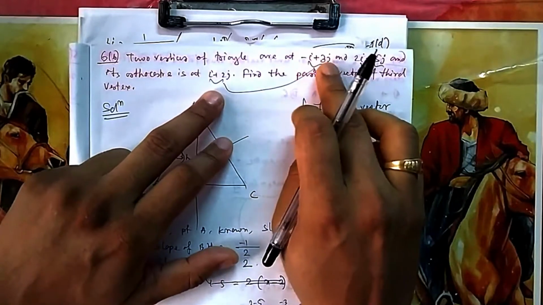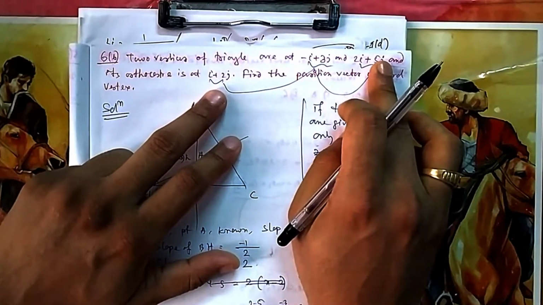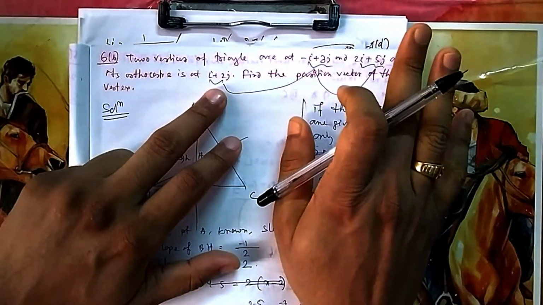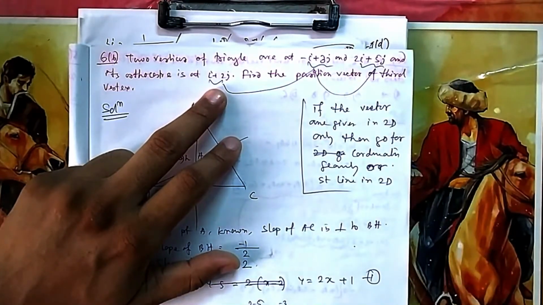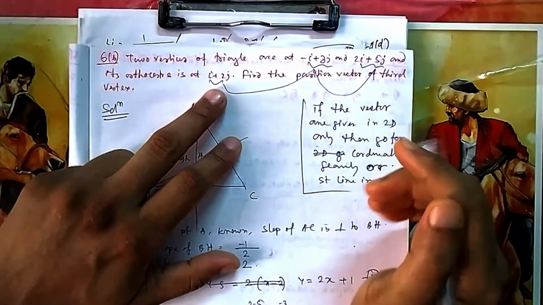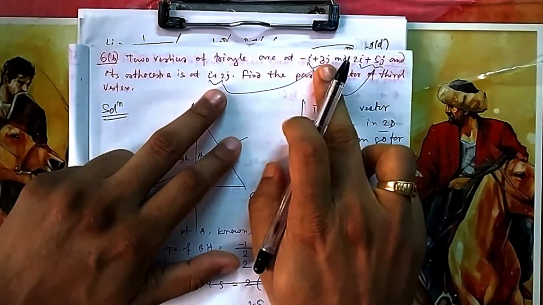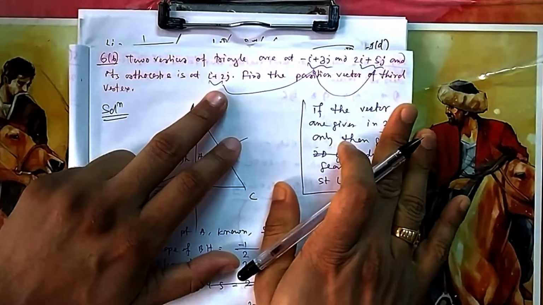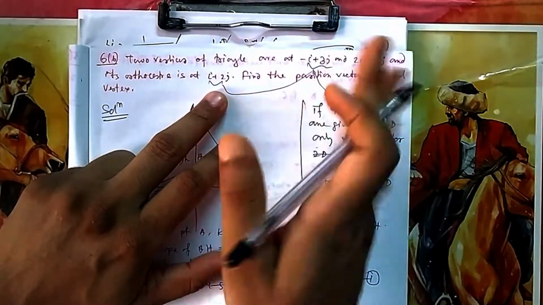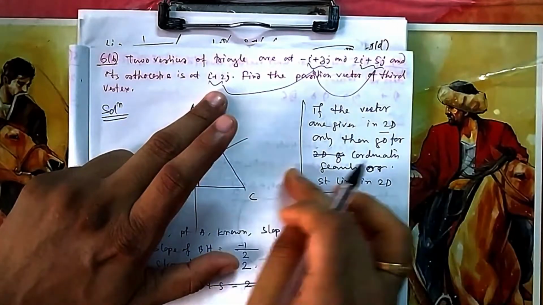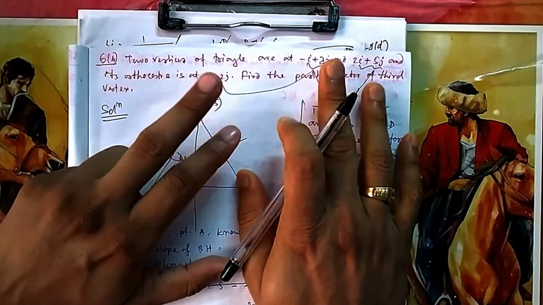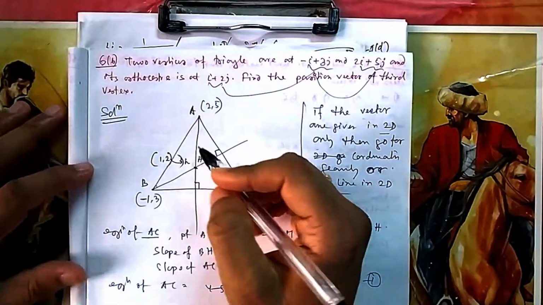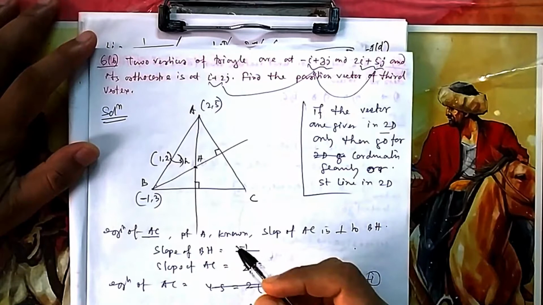Now whenever you see vectors given only in i and j, that means they are talking about only x and y, so we will think of it as 2D. That means you will think of it as normal coordinate geometry. So I have written that any vector given in 2D has no k cap. Suppose it is j and k only, then also you can think of 2D. Forget about i, you write this one j, this one k. If there are only two dimensions, you take it as 2D geometry, like the coordinate geometry that you have studied.